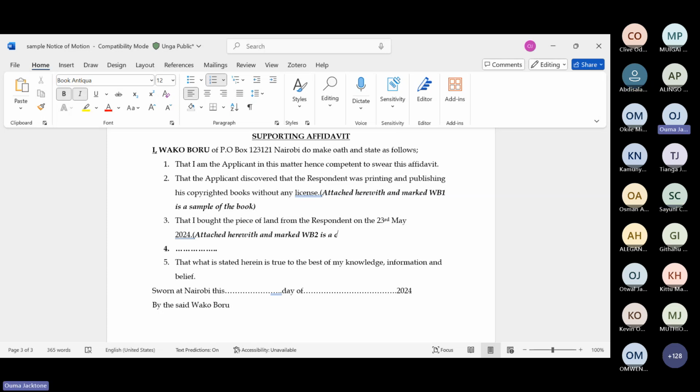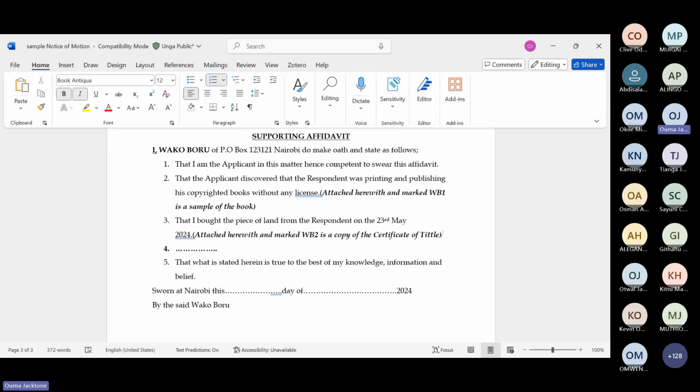It's a copy of the title deed. The certificate of title. There's nothing like a title deed. A title deed is pedestrian language. Speak like a conveyancing lawyer. Certificate of title. Thank you very much. The certificate of title. Okay.